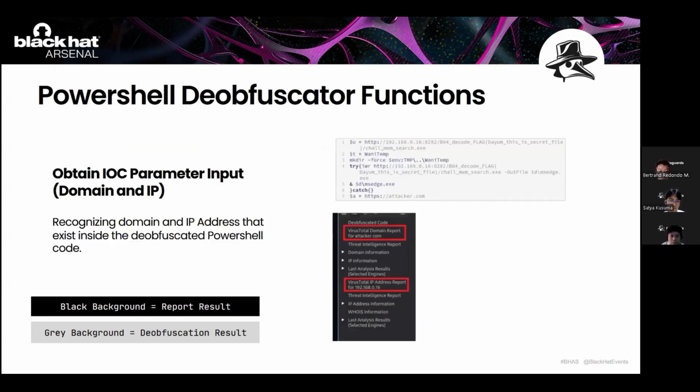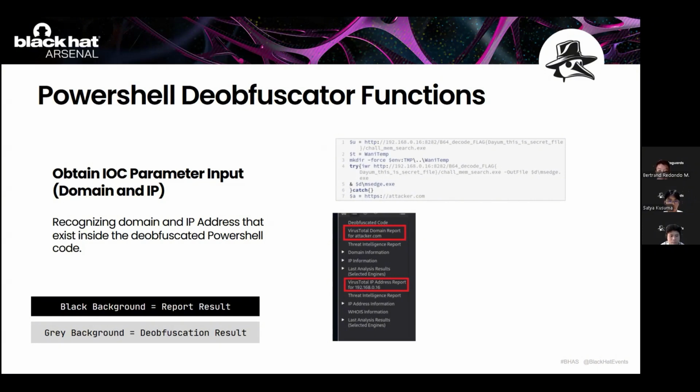The last one is to obtain IOC parameter input, which is domain and IP. So the application will recognize domain and IP addresses that exist inside the deobfuscated PowerShell code, if any. Like this example, we have one domain and one IP address found inside this code. The domain is inside the 7th line of code, and the IP is found in the first line and the 4th line, which is 192.168.0.16. So from this domain and IP address value, the application will do an IOC check into the Virus Total Threat Intelligence